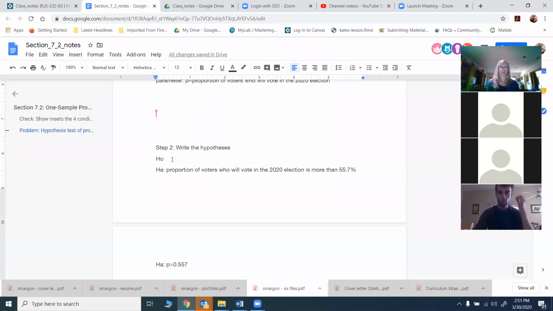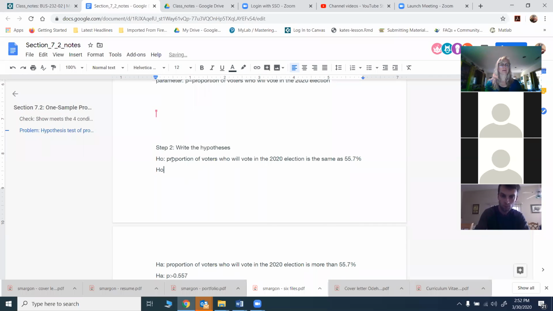That's fair. Okay. And then my H0 is always going to be that they're just equal. So I'm going to say the proportion of voters who will vote in the 2020 election is the same as 55.7%. Again, if I want to write that in symbols, that would be H0: